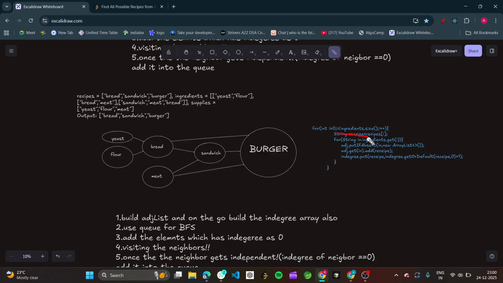Ingredients is of string type, so I will go through each and every ingredient and do adjacency.get of the ingredient. Meaning, if the ingredient is in adjacency, add its recipe. Understood? Add bread to yeast, because bread is dependent on yeast. Add bread for yeast. Rather, how will you